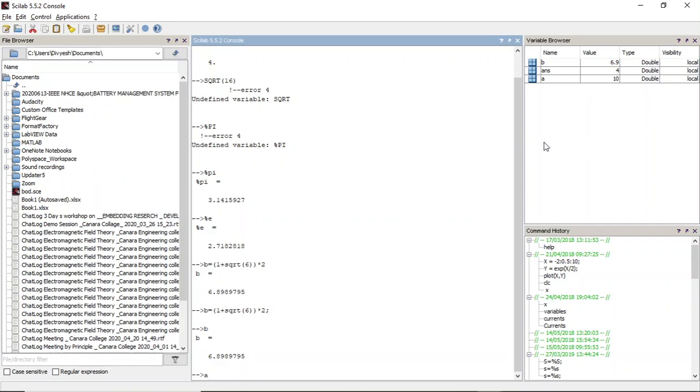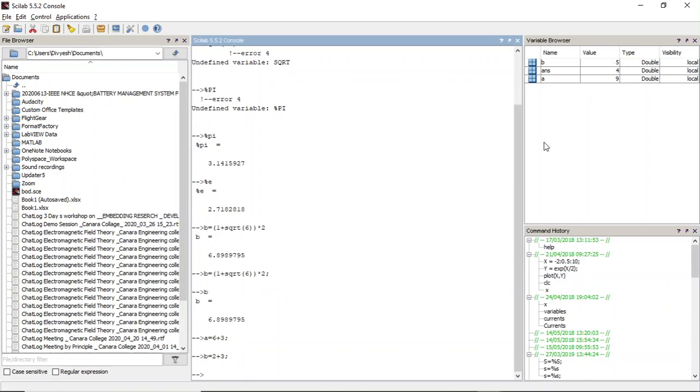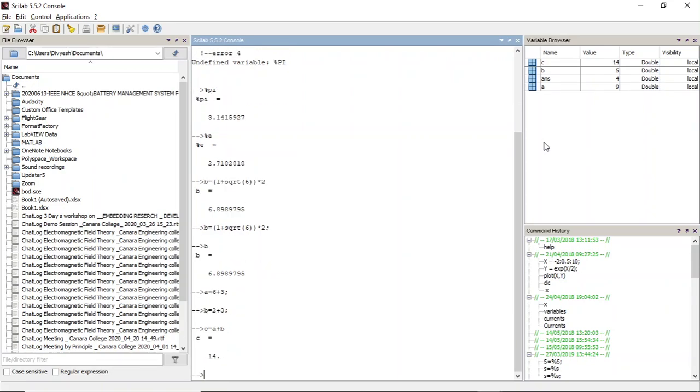A simple example for that: a is 6 plus 3, b is 2 plus 3, and c is a plus b. This is what I need to do. But for c equal to a plus b, I should know the answer. I am not worried about what a and b are. In such cases, we will use this semicolon. Now if I press enter, I will get the answer for c. So it will display only c.